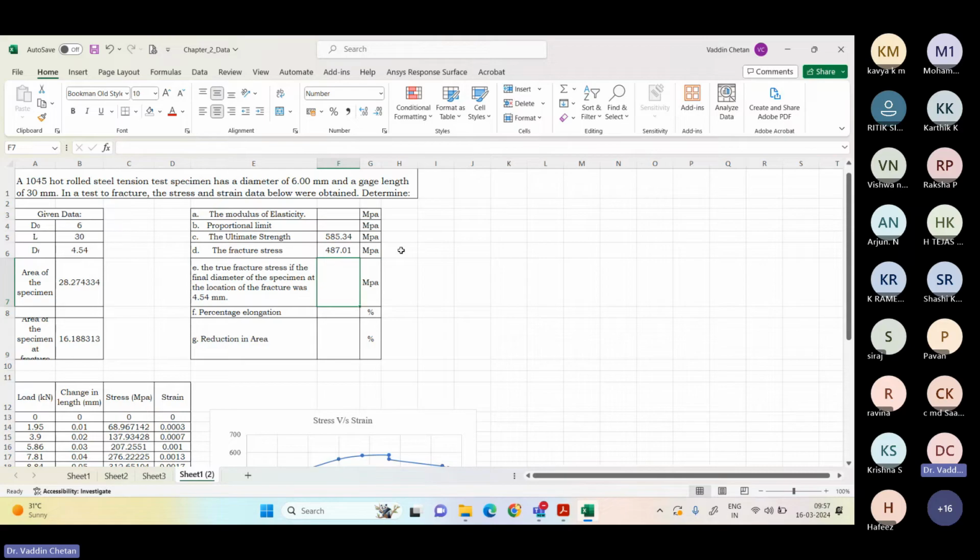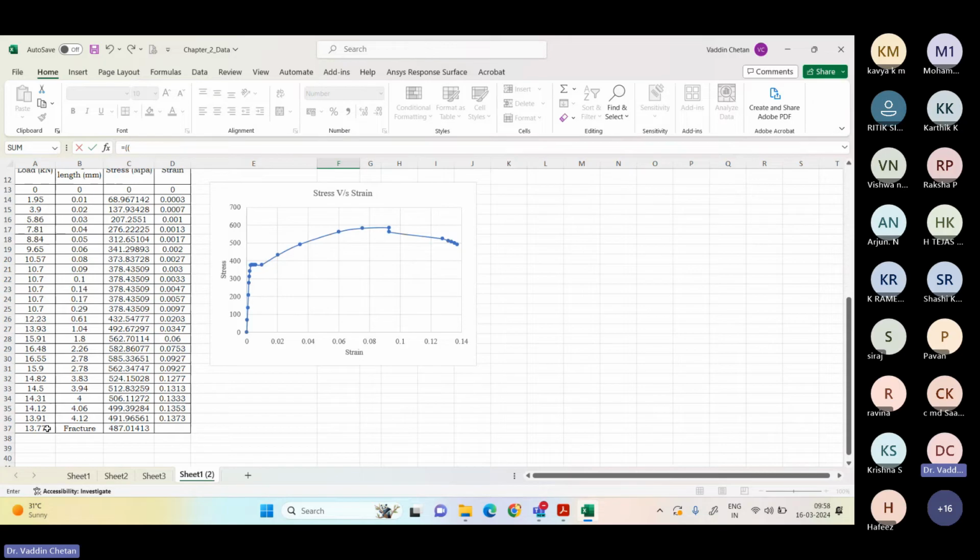And true fracture stress, if the final diameter of the specimen at the location of the fracture was 4.54. So here the fracture stress which I have calculated corresponds to the initial diameter of the specimen, right? But I need to calculate the true fracture stress at the fracture diameter. So that means that is equal to